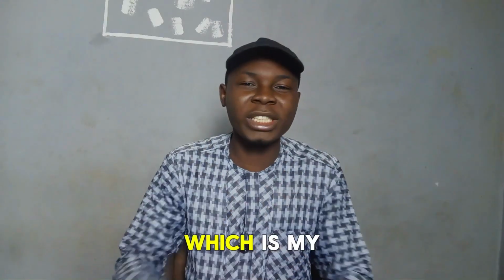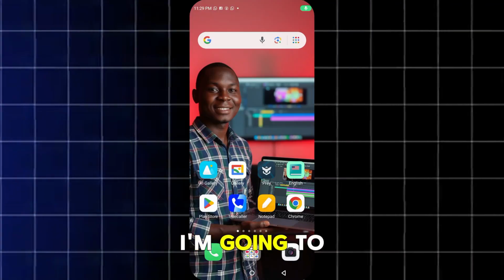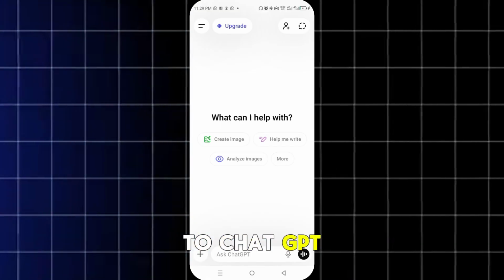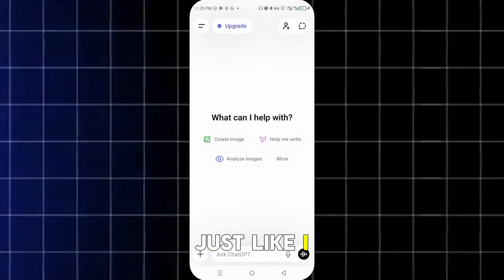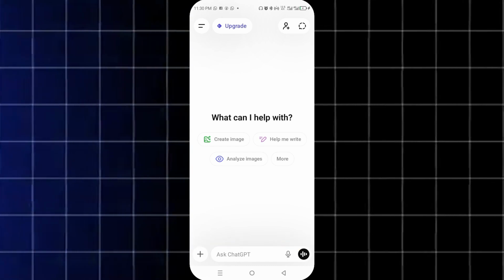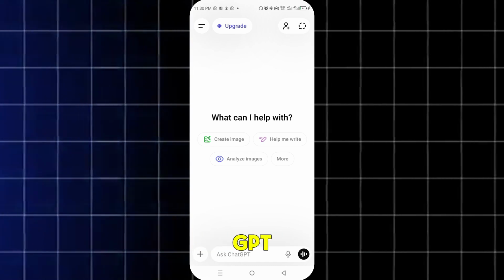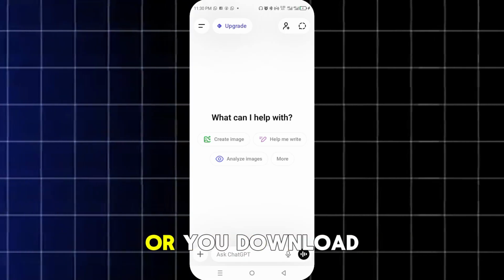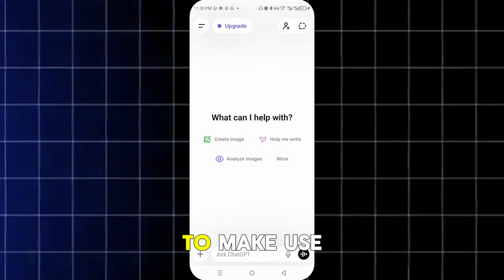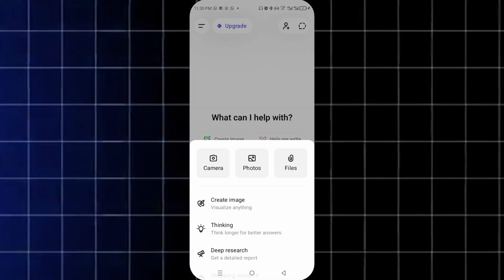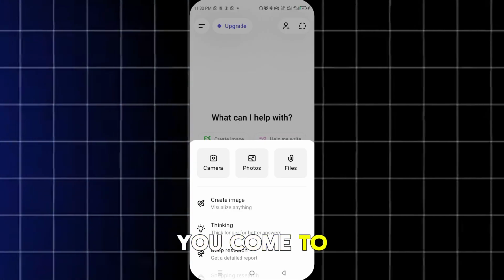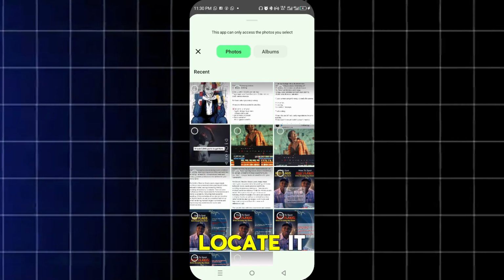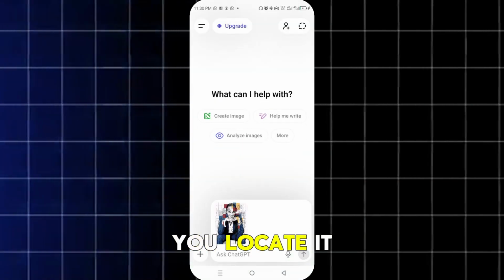Now number 1, which is my favorite. So for this, I'm going to use my device, my mobile phone, to show you how to do that. When you come to ChatGPT, this is my favorite. The first thing you are going to do before you come to ChatGPT is save that image. Yes, you are going to either screenshot or download that image which you want to make use of. And when you have downloaded it and got it on your device, you come to ChatGPT and then you go to your photos. And when you come to your photos, just ensure you locate it. This is the very image. When you locate it, yes,